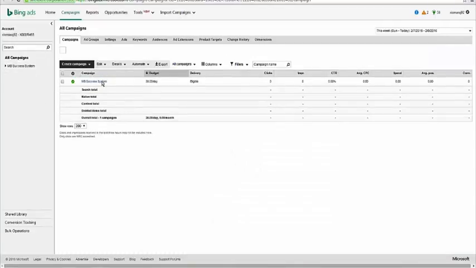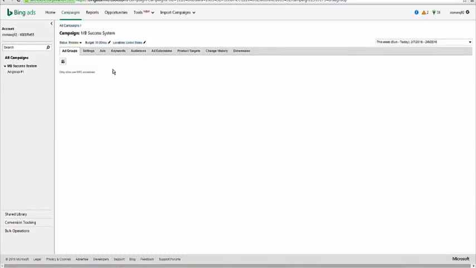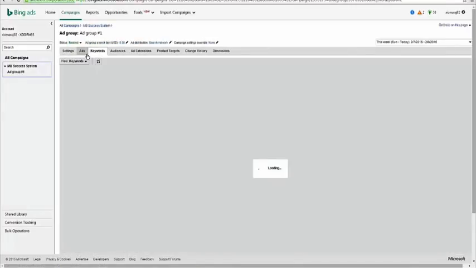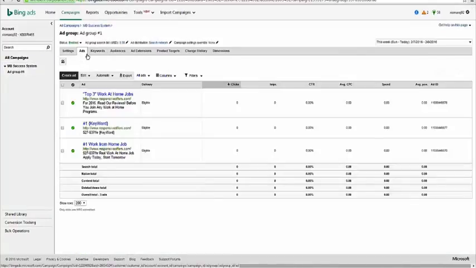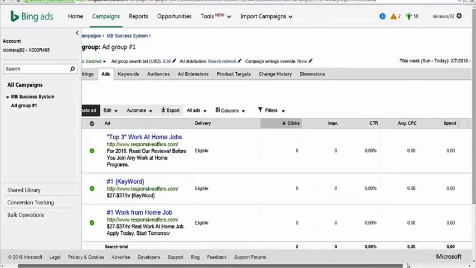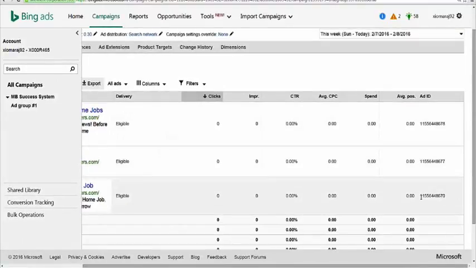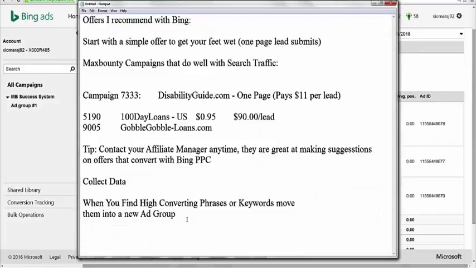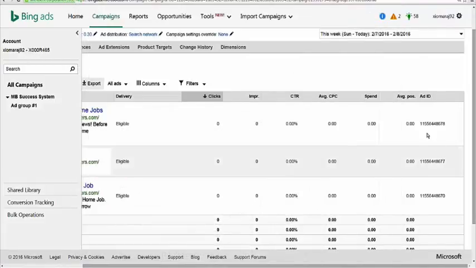Those numbers are ad IDs, and I'm going to show you how you read those. We're going to go up to our ad that we originally started. Go to ads. I'll show you where this number ID is coming from. I'm going to zoom in so you can see this. Hopefully you guys can see this. Ad ID. Remember what we used. We used this piece of code called ad ID, which lets us know which ad is converting. So if you look over here, these numbers,